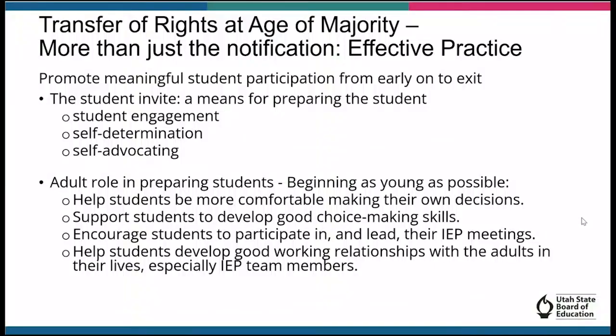Informing students and families of the rights at age of majority is more than just the notification. Effective practice includes providing opportunities for meaningful participation of the student from early on to exit as they prepare for those adult roles. Provide ways to make the connection between the student invite as a means of preparing the student to be more engaged, self-determined, and self-advocating so that they are better equipped when they reach the age of majority